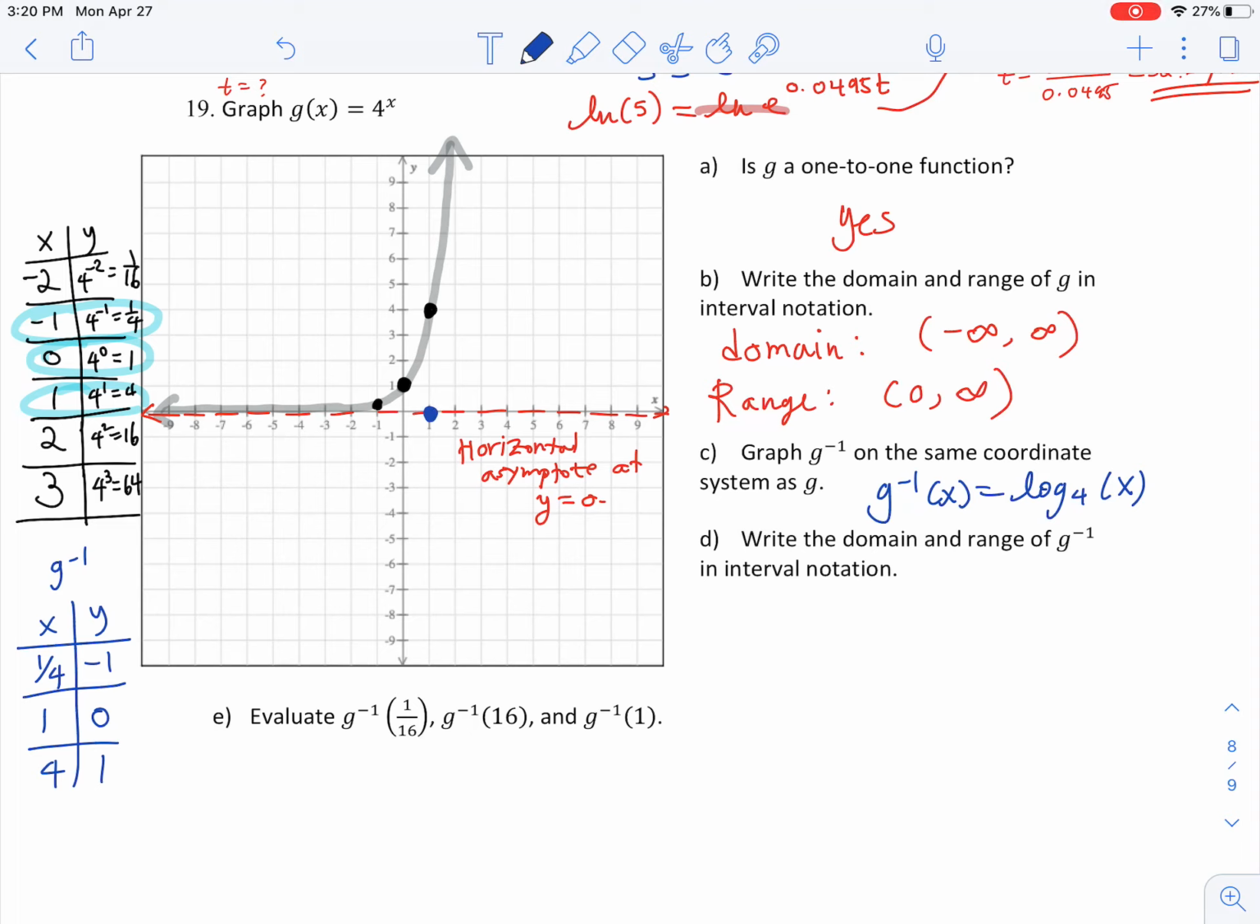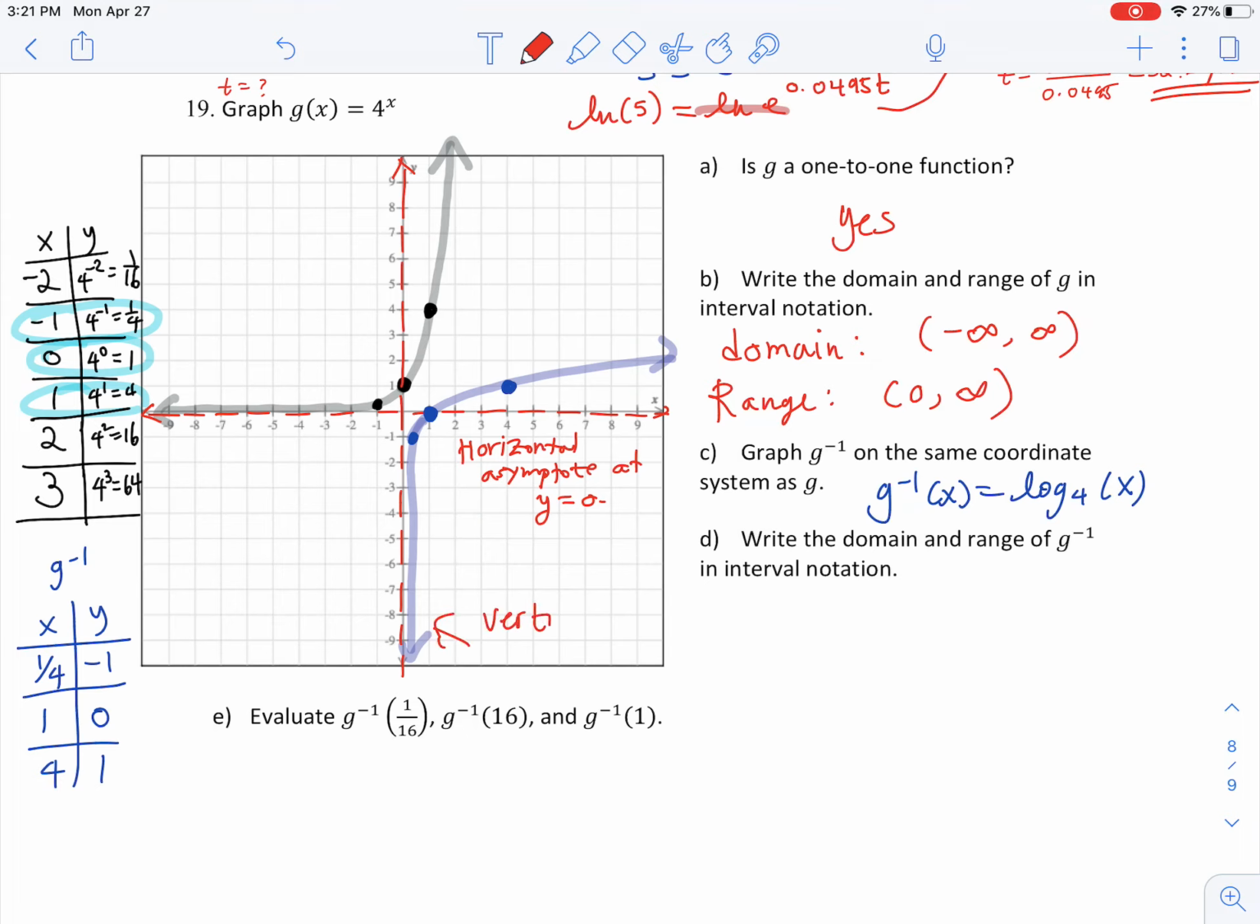1, 0 is up over here. 4, 1 is going up here. And then the last one, 1/4, -1 is going to be over here. All right, let me go ahead and grab a blue highlighter. And then this is going to go up forever, and then this is going to go down to the left side like this. But it will not be able to cross that